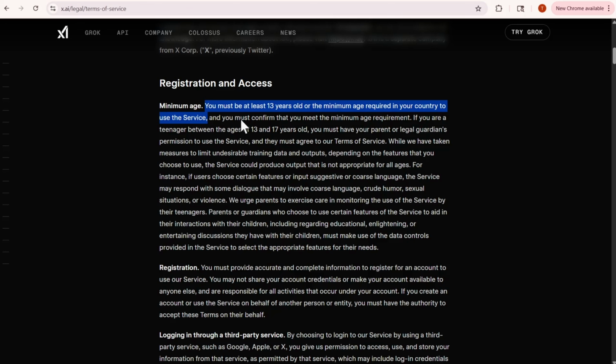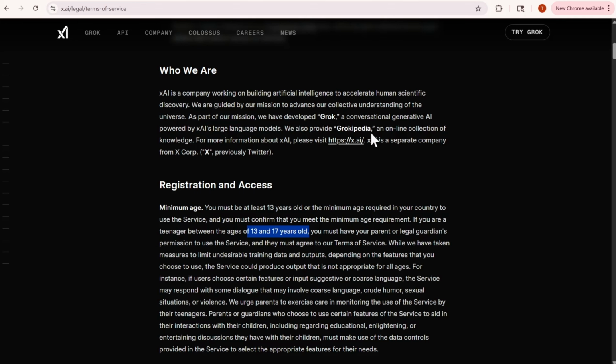And the reason why they've given a range here, 13 to 17, is because different data protection laws consider what constitutes a child between generally this age range, right? In some geographies, a child is considered anyone under the age of 13. In some geographies, it's under the age of 17. So they've provided this buffer to accommodate for all of the geographies where Grok and Grokipedia are offered.